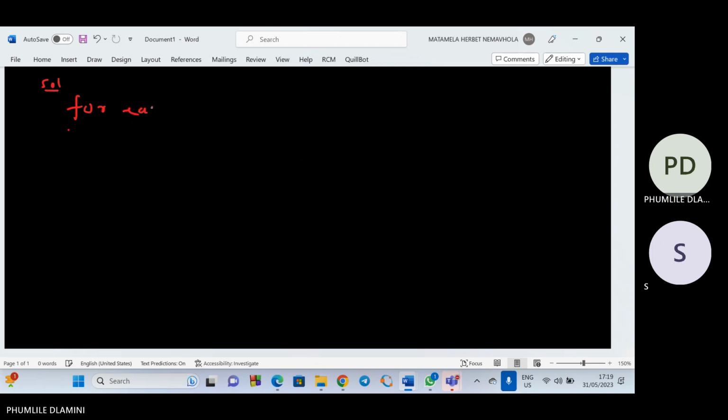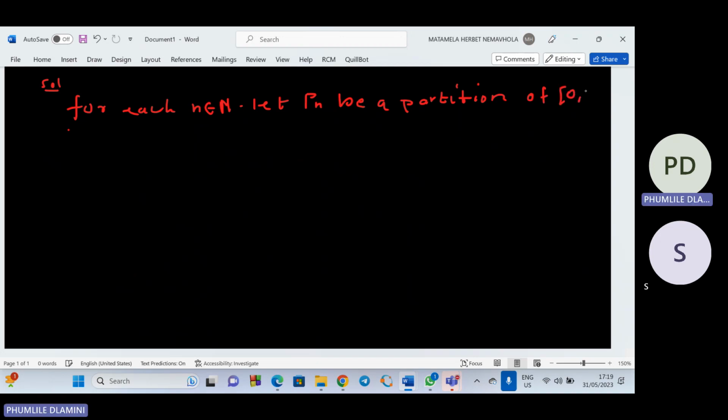For each n, which is an element of the natural numbers, we let P_n be a partition of the interval 0 to 1 given by